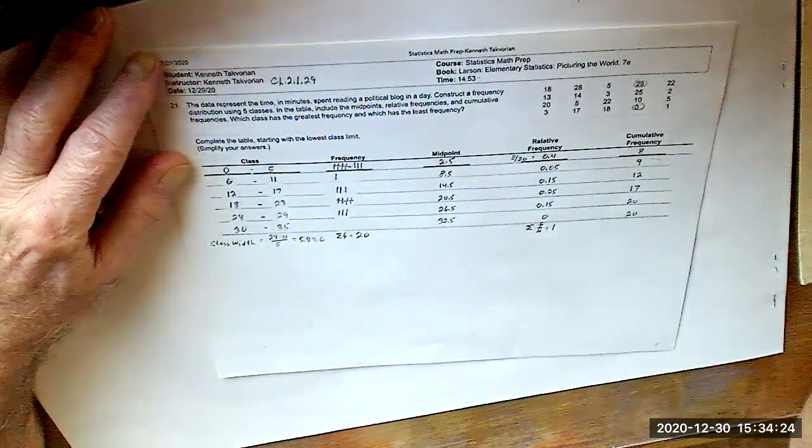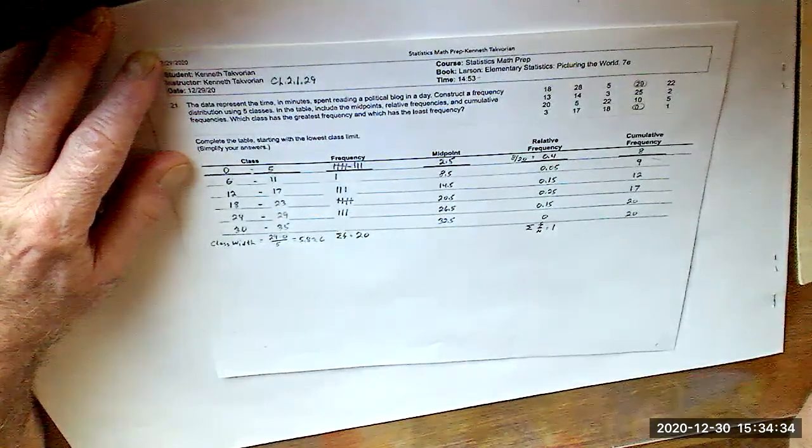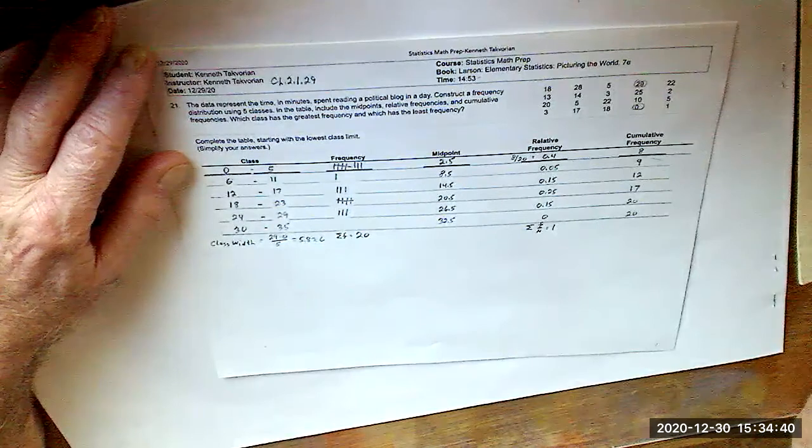Today's problem is asking us to make a frequency distribution chart using 5 classes. We have the table on the right, and using that table of data, we want to count the frequency for each of the classes. We want to calculate a midpoint, the relative frequencies, the cumulative frequencies, and we also want to make some graphs. So the first thing we want to do is find the smallest data value, which is